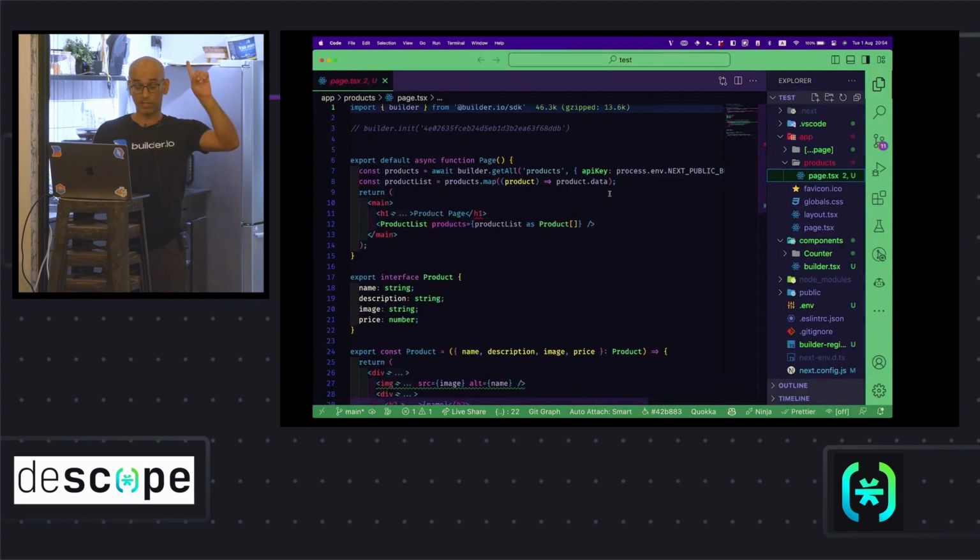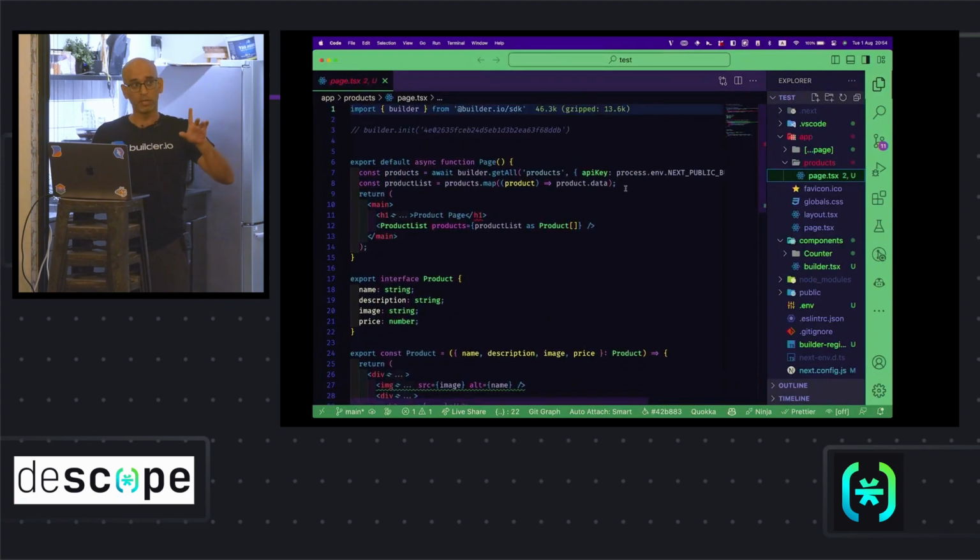But this is also something special. So Builder, besides being a drag and drop and visual editor, is also a headless CMS, like I mentioned in the start, maybe you don't remember. So right here, we're not only have another component, another page, we're actually querying the data from Builder to get our data. And now, if we save this,